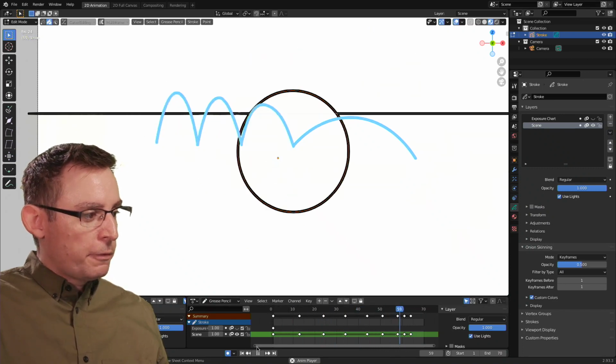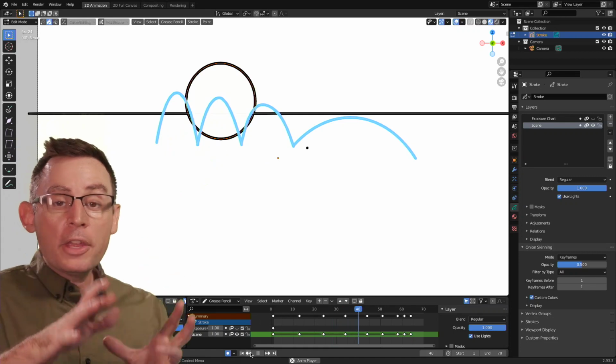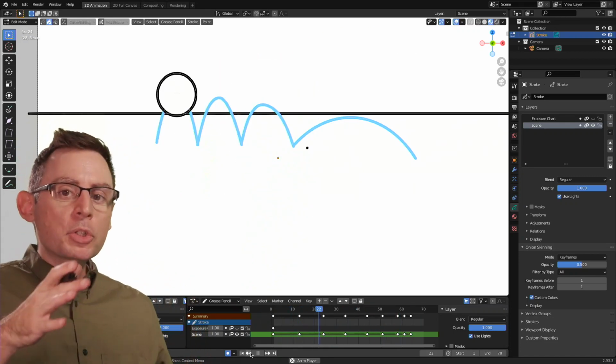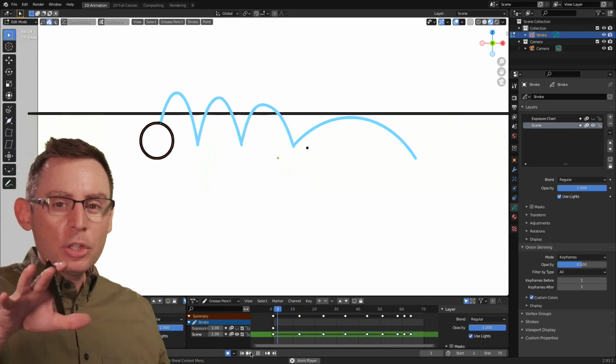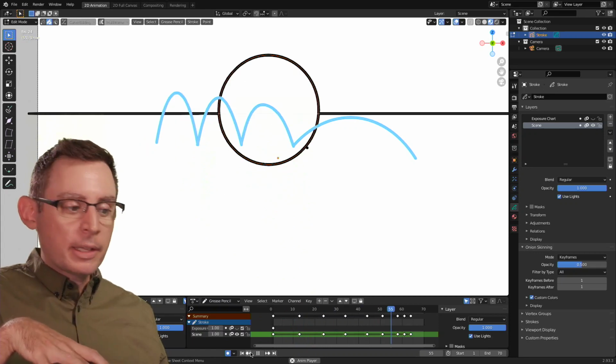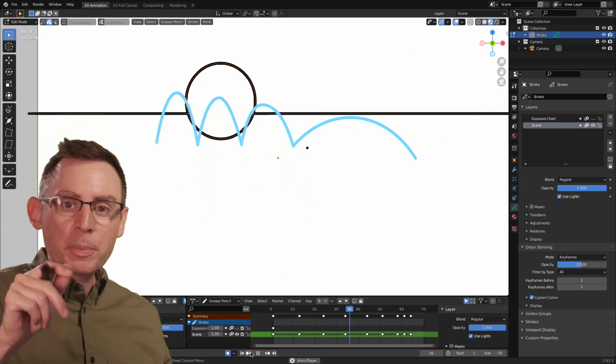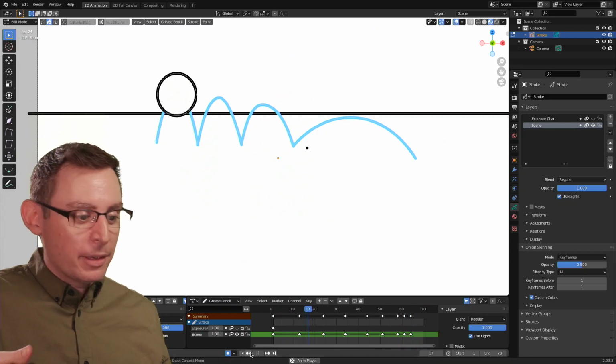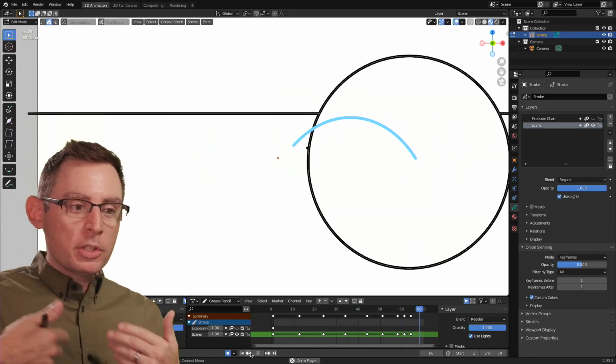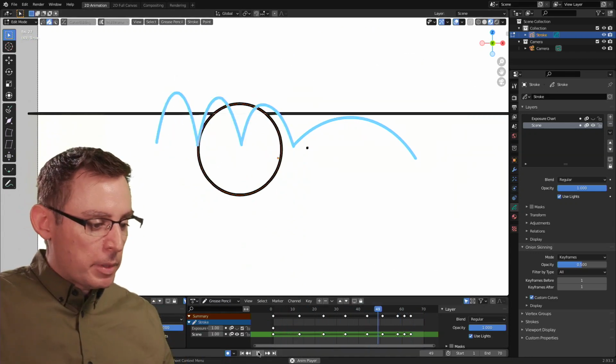Yeah, I'm starting to feel this. This is starting to look good. I think what I'm seeing here is maybe some small edits to the timing. And this is the cool thing about working with these keyframes inside of our timeline. We can make small adjustments without having to redraw anything. We're just moving these keyframes around, which is going to have a global effect on the timing of our animation.